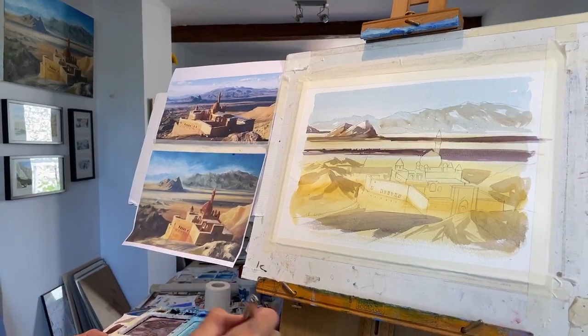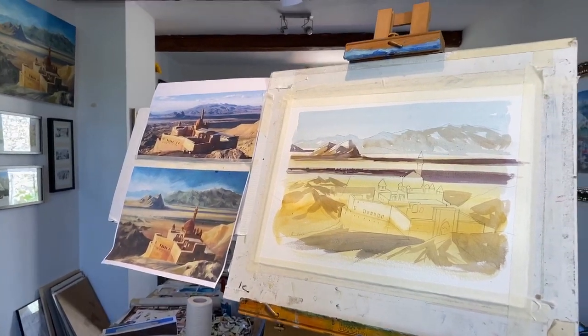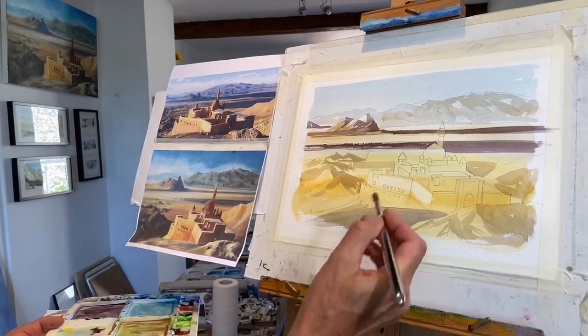But what I will do, while I'm at it, I'm going to go back to the... We're only really using a few colours here. Yeah, it's quite a limited palette, isn't it? That's the word. Burnt umber and a little bit of Payne's grey. And I'm going to put a little bit of...